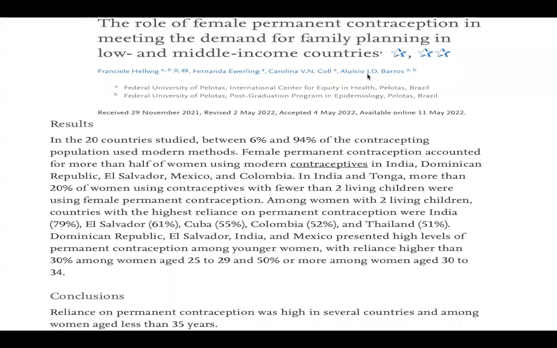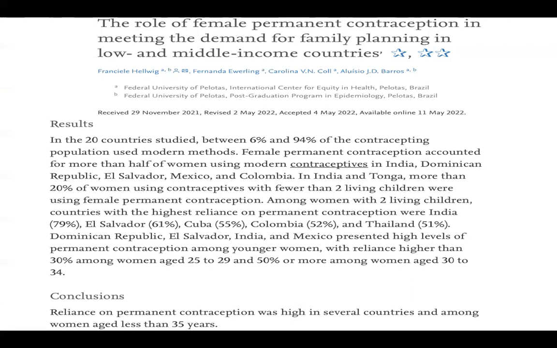Now, second is the role of permanent contraception in meeting the demand for family planning in low and middle income countries. The results are, in the 20 country studies, between 6% and 94% of the contracepting population used modern methods. Female permanent contraception accounted for more than half of the women using modern contraception in India,